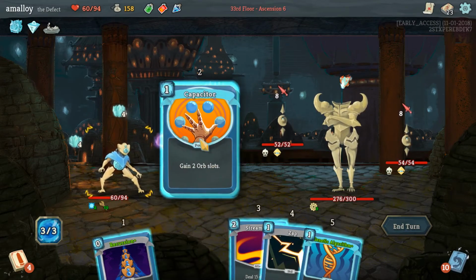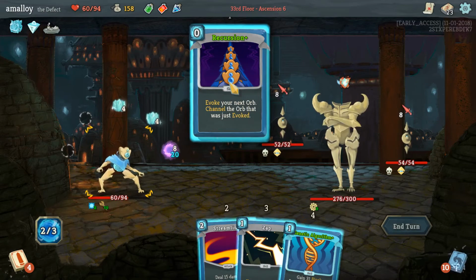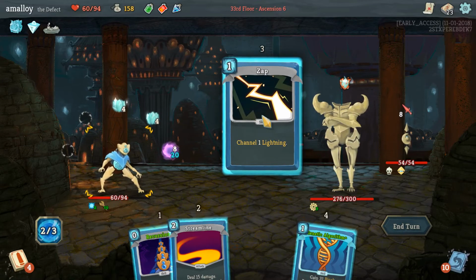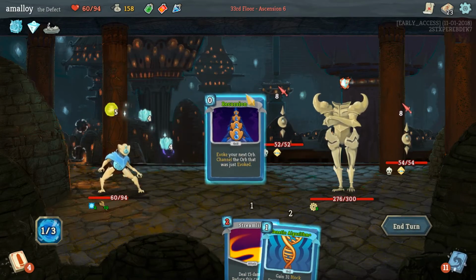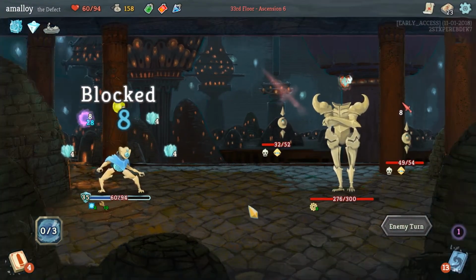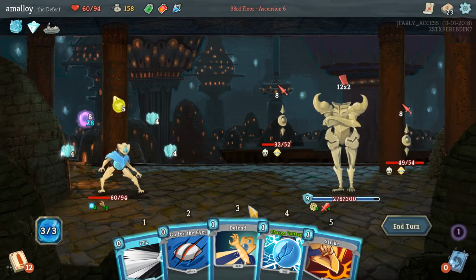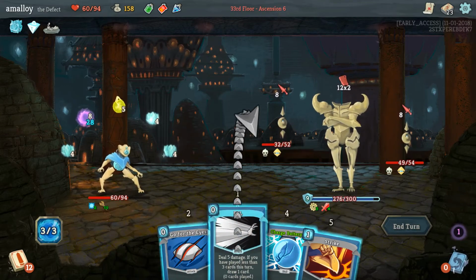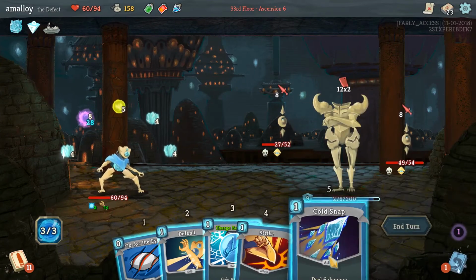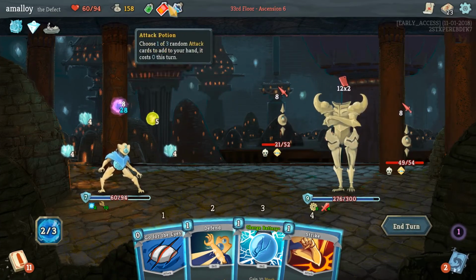Now I can capacitor recursion to get that Dark Orb into the back. Actually, let's zap first, so it gets even further back. And then Genetic Algorithm to block. Yikes, it's a lot of damage. I'd like to weaken this guy, but he has Artifact, so...